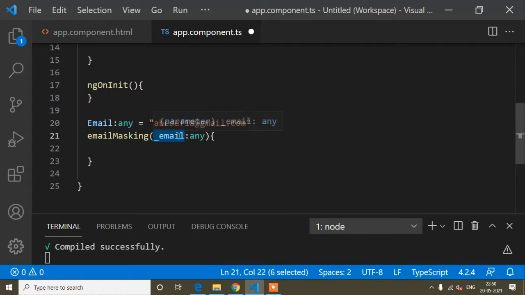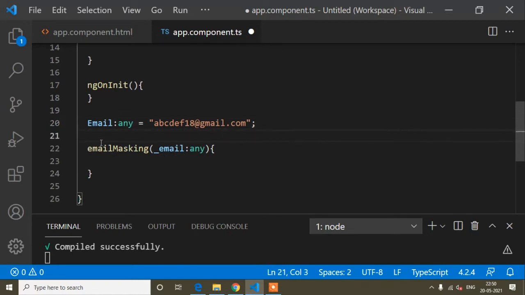That means, guys, this email parameter will denote this email. Whatever the email is, it may come from an API. Here I have written it statically: I have taken a variable and just assigned this email to it statically. But this email may come from an API, and after that you can store it inside this email variable. You can do that, but whatever parameter you pass will denote this email variable. I will do one thing, then it will be clear to you.